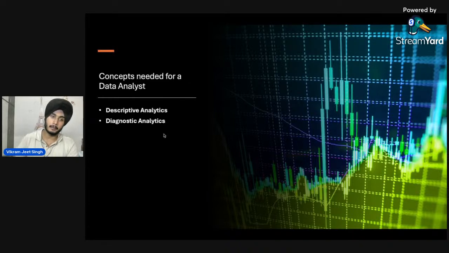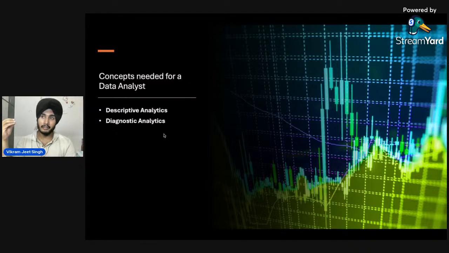If I talk about an example first, during my previous roles, I have worked as a data science analyst as well as a business analyst in a few of my previous companies, and in them, if I put it in a nutshell, my role was to make dashboards, maintain dashboards, create them, and provide the data as per the need of the senior hierarchy, like the VPs or CEO of the company. I have directly worked with them. So the descriptive analytics is what we first perform there.